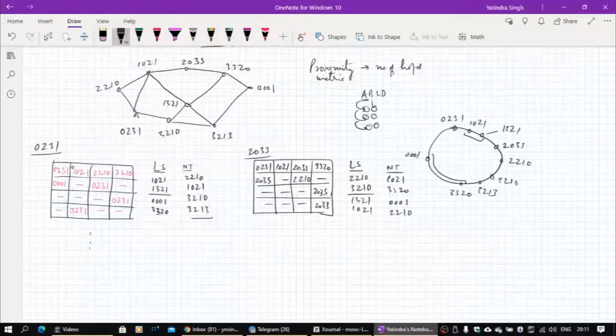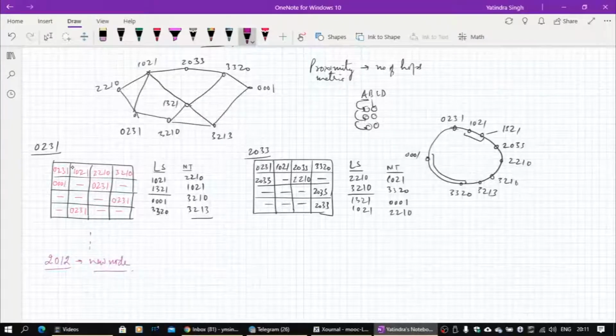Okay. So this basically I am trying to give as an example. So you can work it out on your own and then verify this. So let's now add a new node. The new node which we are going to add is, let it be 2012. 2012 is a new node which I want to add.